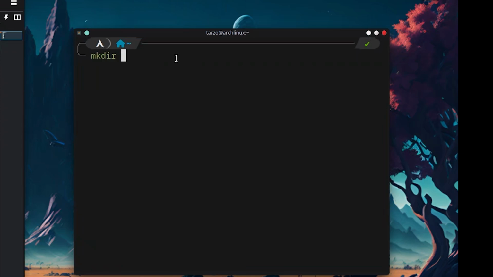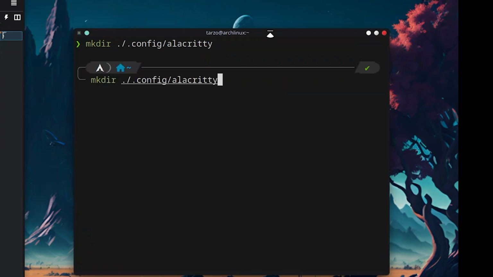So we can do mkdir and then ~/.config/alacritty. This is the directory that you need, if I can spell it right, Alacritty. First of all, make this directory. And when that is created, I'll just use nvim for this, and in here create a file called alacritty.toml or YAML, whichever you want. I'll go with TOML because the usage of this is pretty straightforward. So I'll just hit enter,